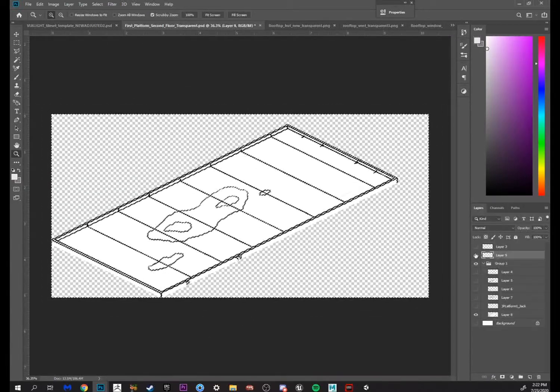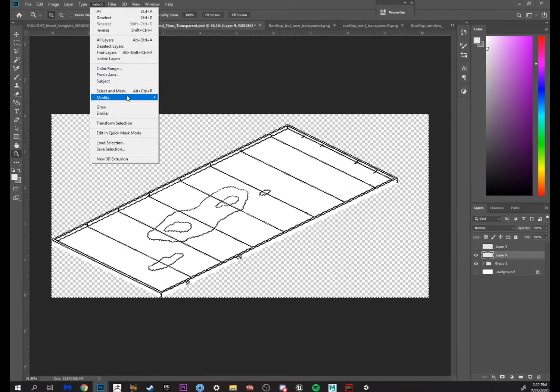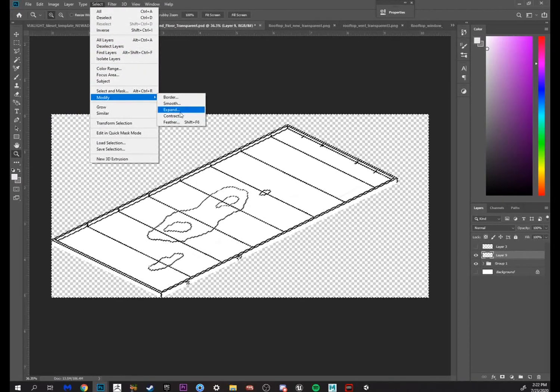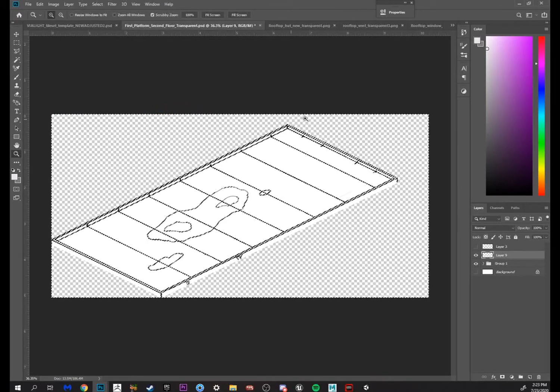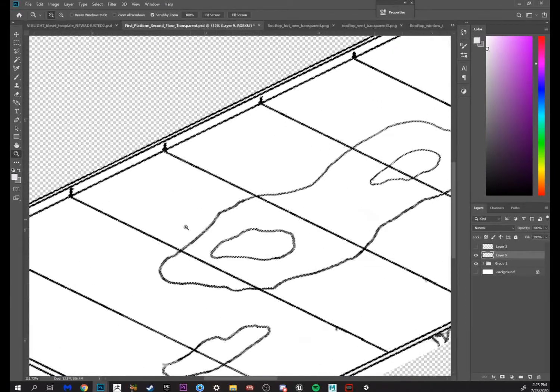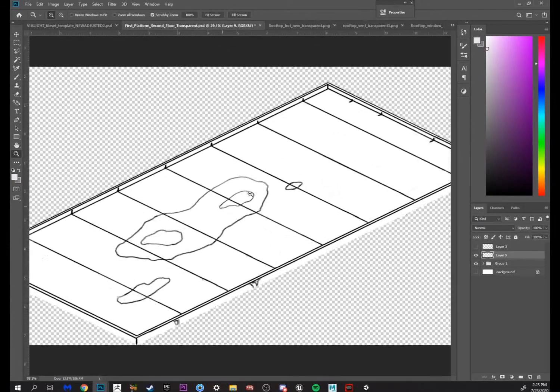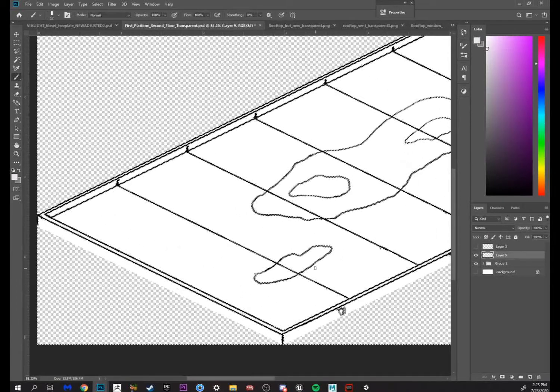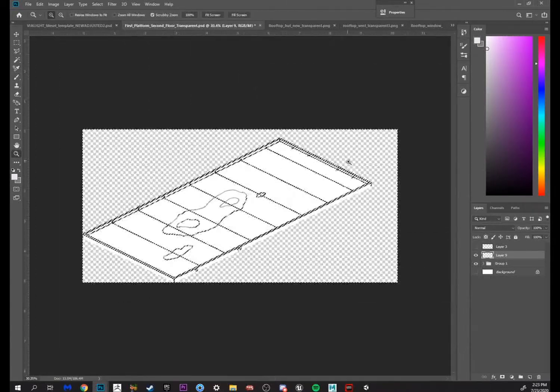Then I'll go back into my new file, and I'll go to select, modify. Let's contract our selection. Contract, right? No, expand. We want to expand our selection. I always get those confused. Yeah, let's modify, expand our selection by just 1 pixel. And that'll make sure that we're not accidentally leaving any halos. Hopefully it won't make our lines too thin. If not, then we might not do the expand. And then we can just